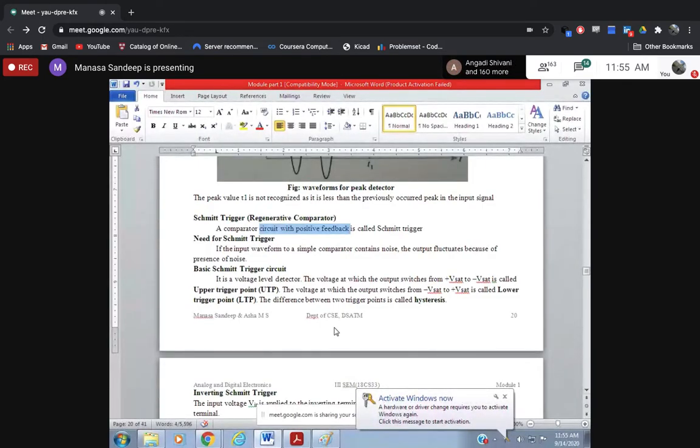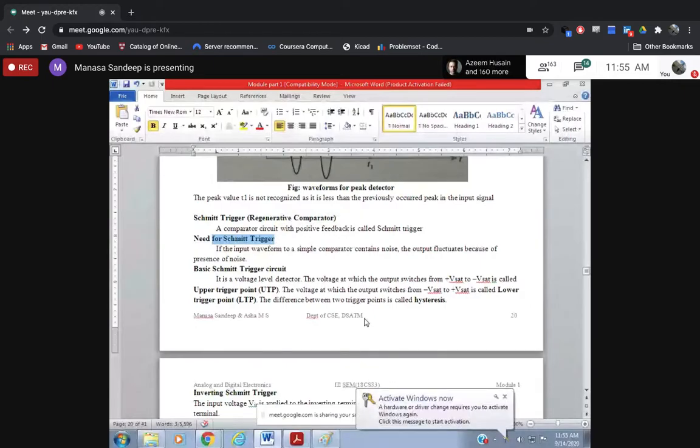So guys, comparator is not there in your syllabus, so we are not going into detail on that. Where it is necessary for you to understand about the comparator, we are going to tell only such points. Beyond this, if you are interested in anything, you can ask us, we will let you know separately. Fine. So here, why can't you use a comparator? What is the need of Smith trigger?